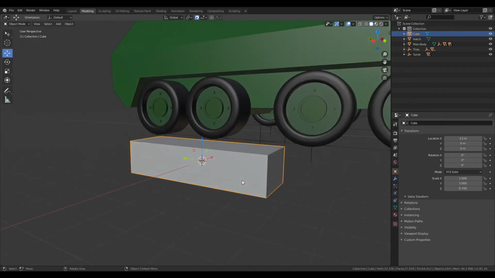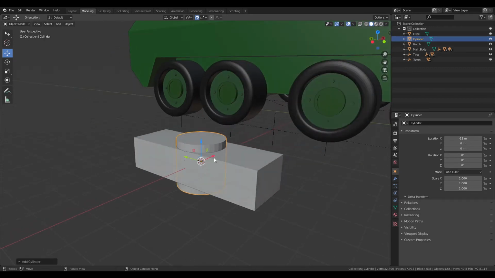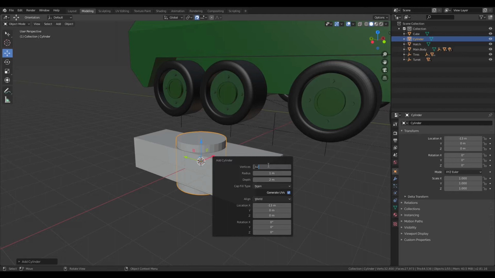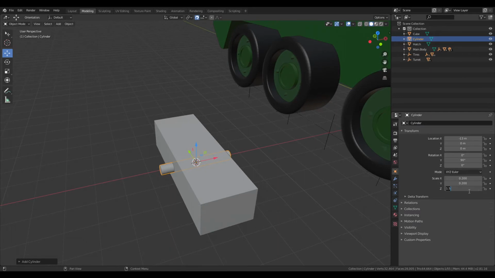And then we're going to put the cursor in the center. We're going to get cylinders. Press F9. I'm going to set the vertices to 64. And then we're going to rotate this 90 degrees. Scale this down to 0.2, and we're going to make this 1.5, or actually, yeah, we can just leave that at 1. We're going to bring it out some,